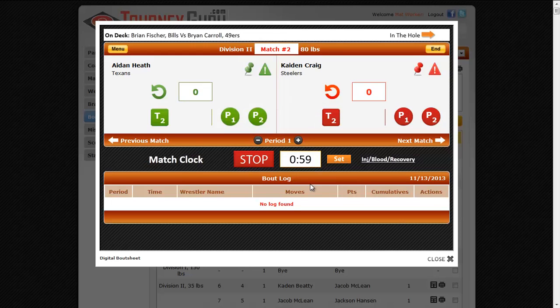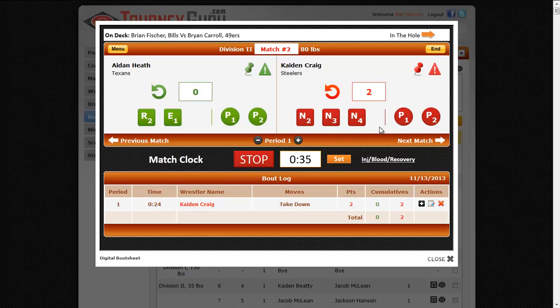So to start the match, we click the start button and the timer will start counting down. At the beginning of the match, since the wrestlers are both on their feet, the main scoring button available is simply the takedown 2. You'll always have the penalty buttons on either side that are the circular buttons. So if the red wrestler gets a takedown,